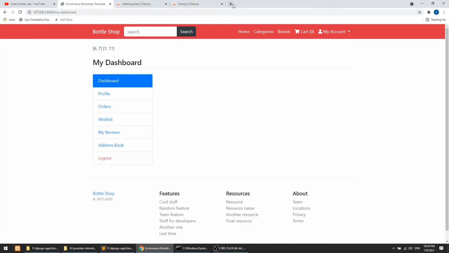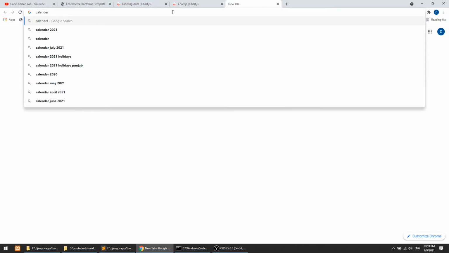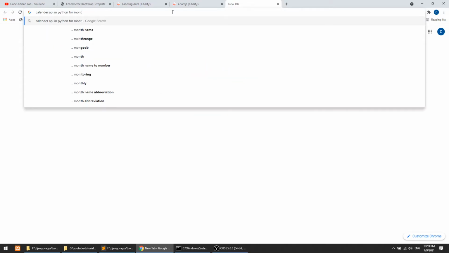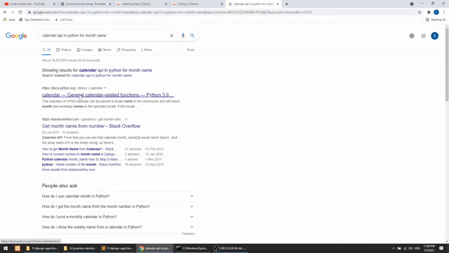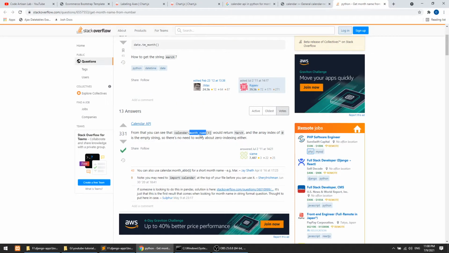Okay, we need to see this, get calendar API in Python for month name. Okay, I'll see this, and I'll go to the calendar, get month from the number. So as you know, Stack Overflow is yeah, so we can use month name.